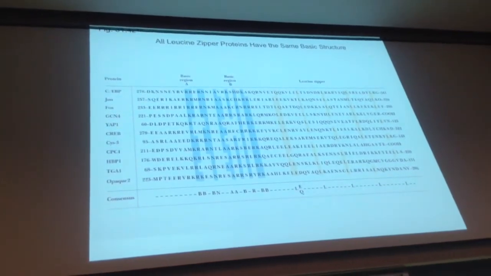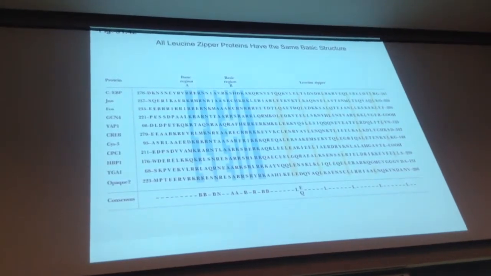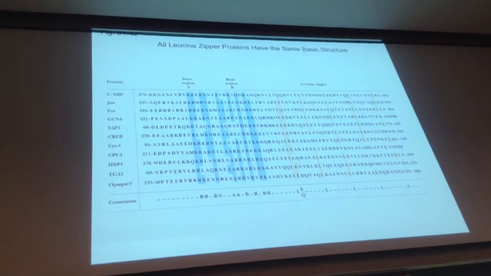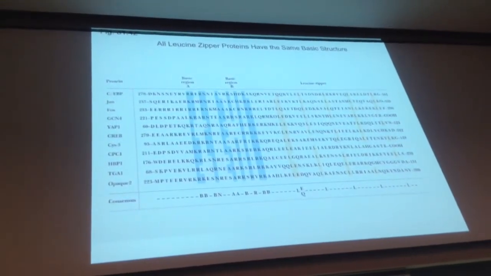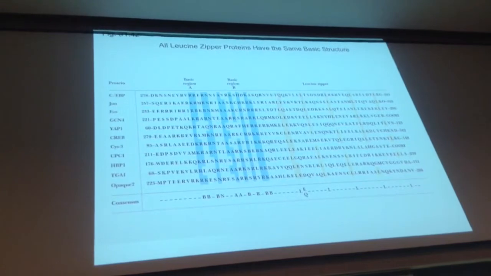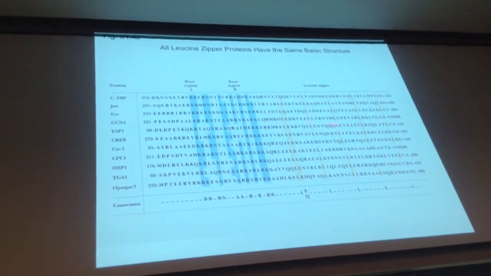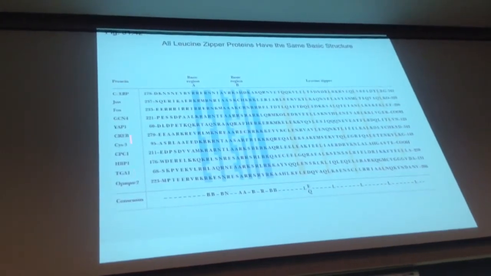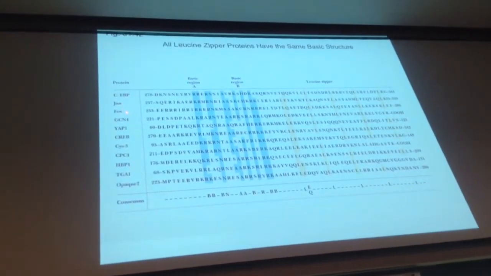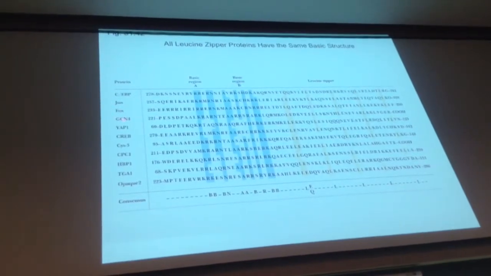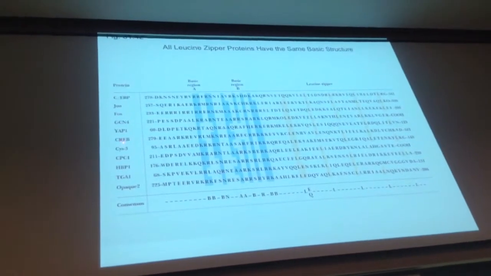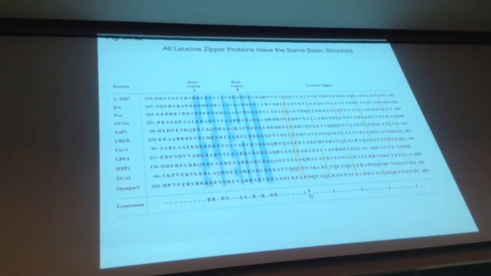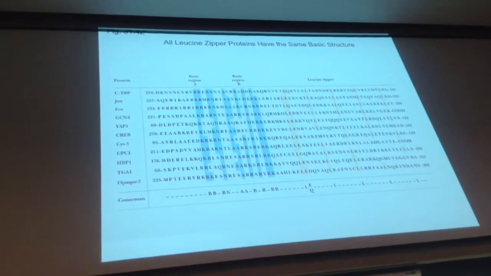Okay, so this shows you the third type of structure. So we've talked about helix-turn-helix, zinc fingers, and the third type is called leucine zippers. Leucine zippers are really kind of fun. Essentially, these are the amino acid sequences of many proteins. All of these are transcription factors. Jun and Fos are, of course, eukaryotic. GCN4 is in yeast. Krebs is eukaryotic. I don't see a prokaryotic one up there. CR is eukaryotic. So most of these occur in eukaryotic cells. I'm not even sure if there is